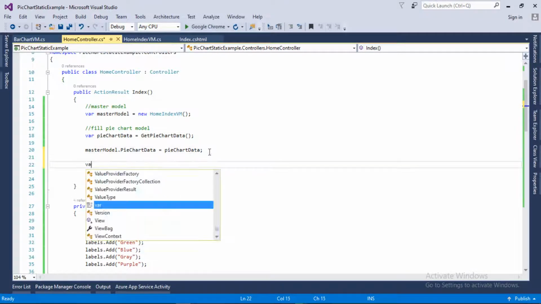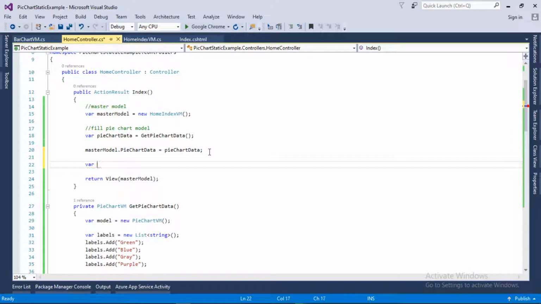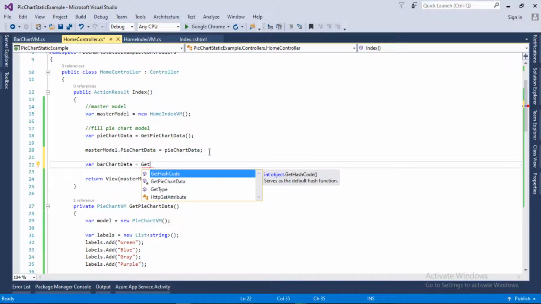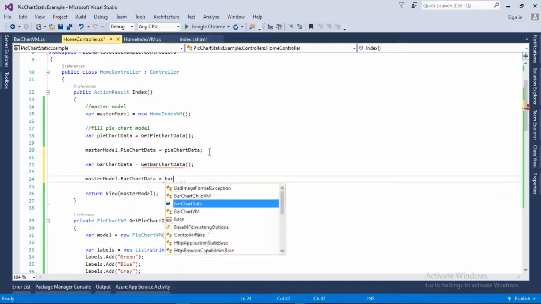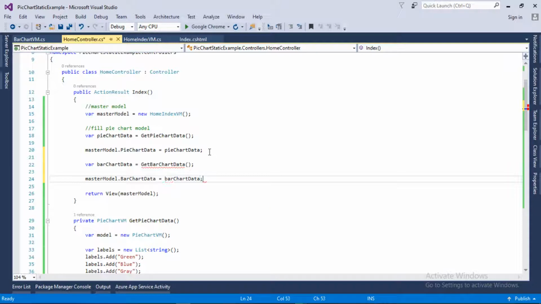Here we will declare another property, bar chart data, and we will call this method GetBarChartData, which we will create in a while. Then masterModel.BarChartData equals bar chart data. Now let's create this method.